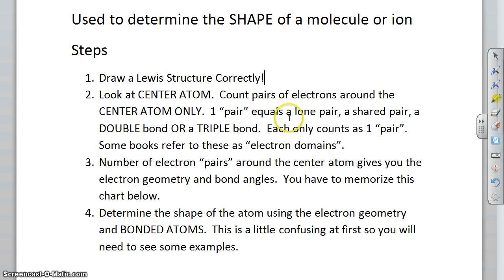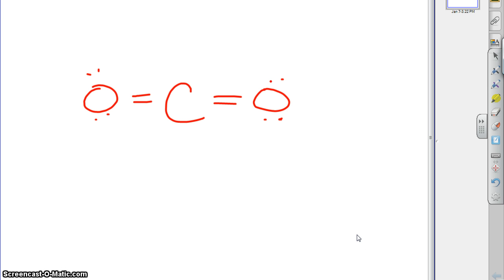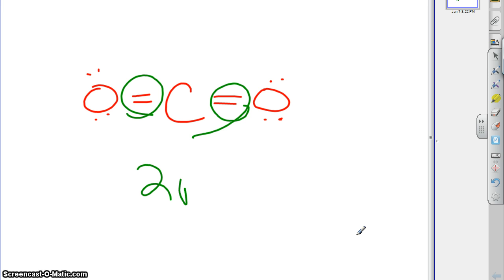Now we're going to look at the center atom. We're going to count pairs of electrons around the center atom only. Counting a pair as a lone pair, a shared pair, or a double bond, or a triple bond all count as one. It doesn't matter. So here we go. There it is. And we look at the center atom. The center atom in this case is carbon. And so we look and we see there's a pair there. It's actually 2 pairs, but since they're together, we only count them as 1. And there's another pair. So we have 2 pairs around the center